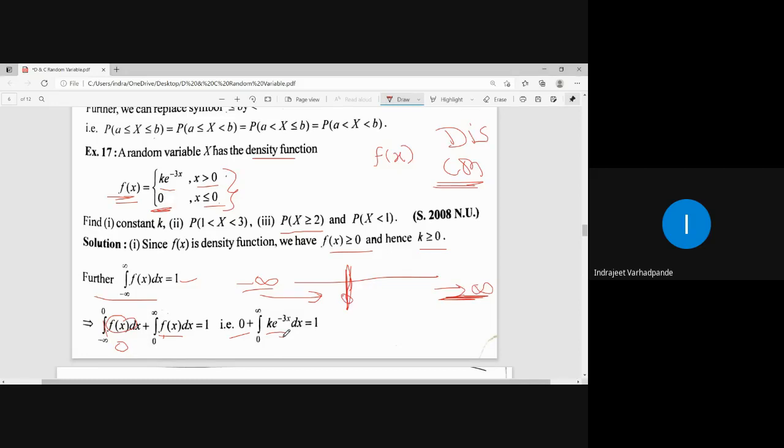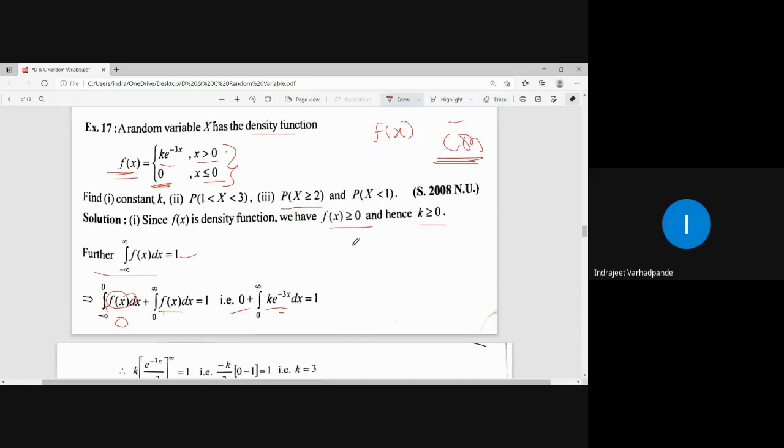Now whenever there is a negative index in the function or the integrand, you can always have the value of the integral as a finite quantity, because e to the power minus infinity, what is it? 0. E to the power infinity is infinity. But here after doing the integration, it is e to the power minus infinity which is going to become 0. I hope you understood the meaning of this split interval and how we will be integrating it further. Is this point clear? Yes, sir. Yeah. So accordingly, we will be integrating it.